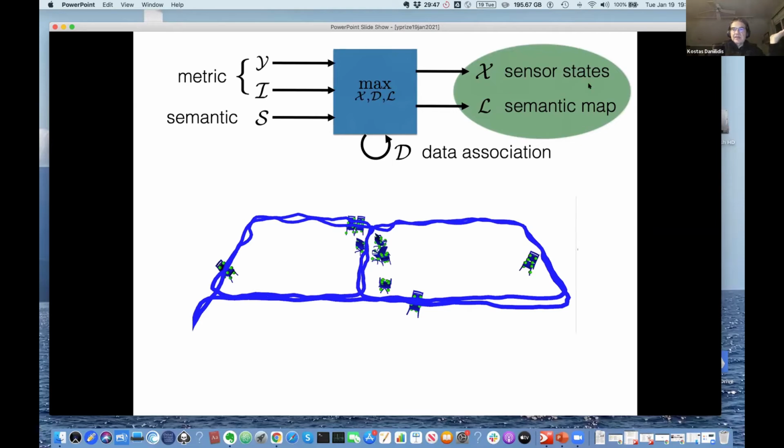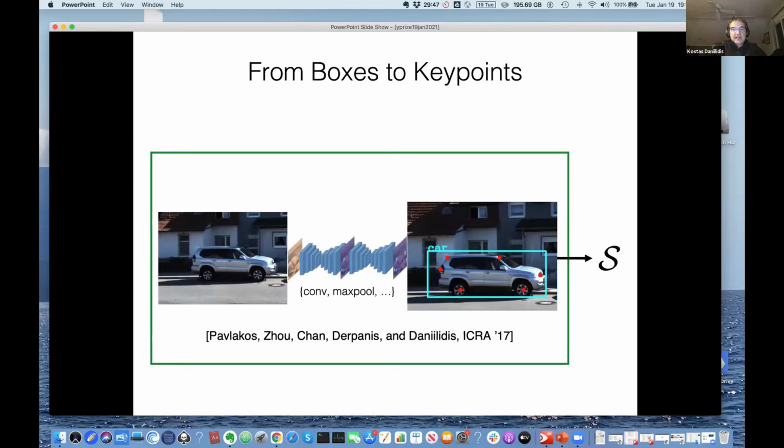And as output, we have the sensor states, which is your location and orientation, and then the semantic map, where each object is in the environment. What we really want to achieve is the most stable position and orientation of the object. And when we realized that this can really help also in the data association, we employed a method